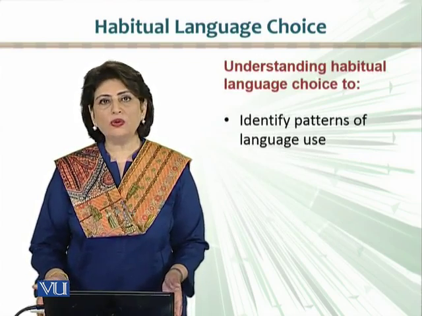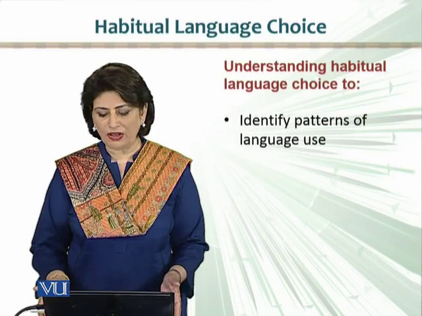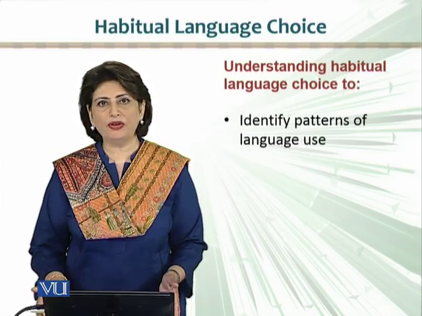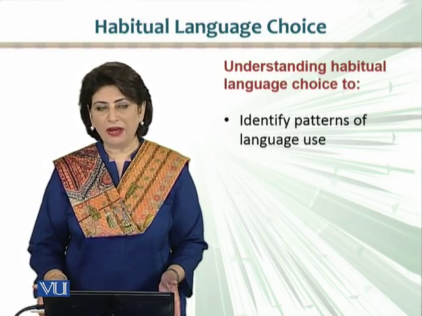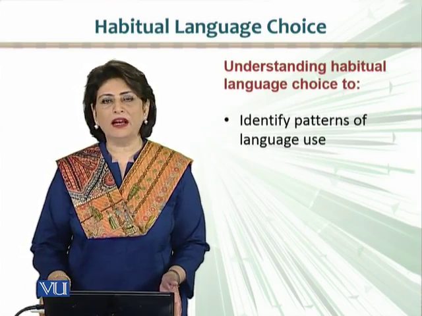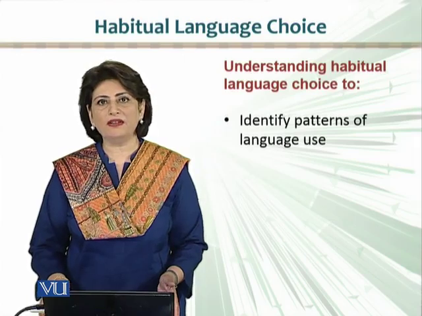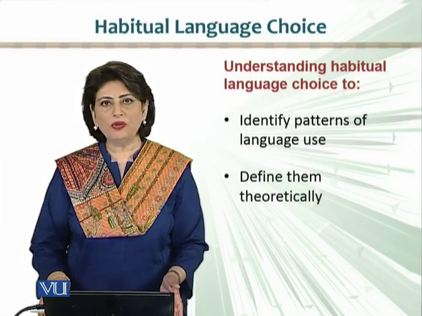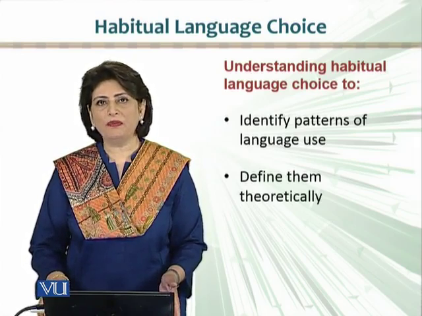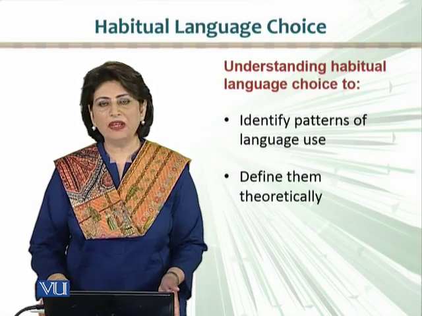We can do that by trying to understand habitual use of languages by bilinguals and by systematically identifying patterns of this use. Once we do that, this is very important because it allows us to define them